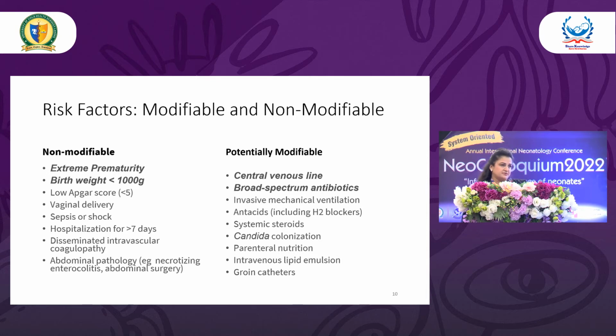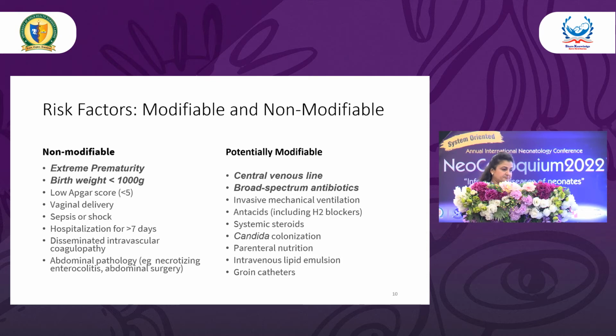Other non-modifiable risk factors include low APGARs and resuscitation at birth. Vaginal delivery: babies born through vaginal delivery get colonized early and are at increased risk of invasive candidiasis, invasive fungal infections. Presence of sepsis or shock, which results in giving antibiotics. Hospitalization for more than 7 days. Having DIC with thrombocytopenia, and having abdominal pathology, particularly necrotizing enterocolitis, or abdominal surgery, significantly increase the risk of